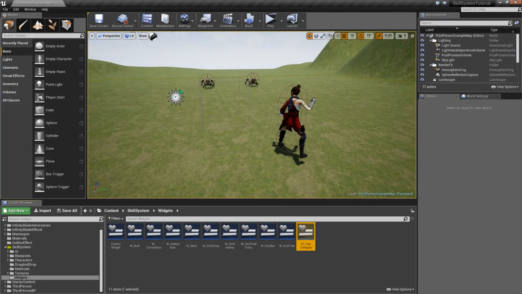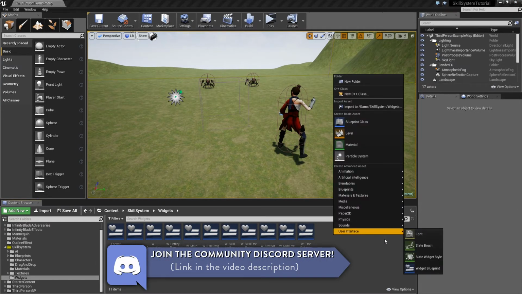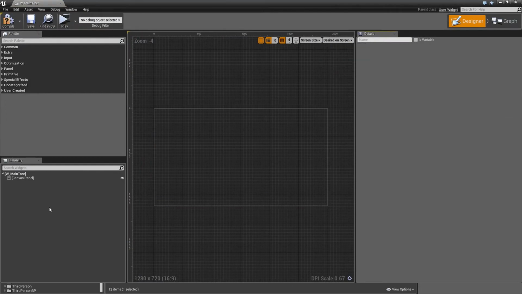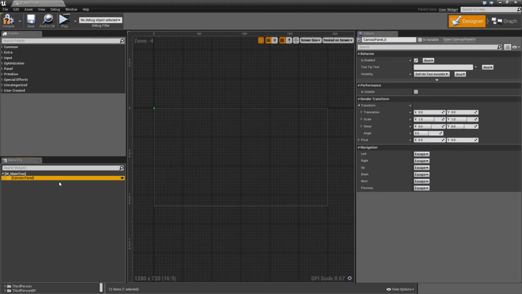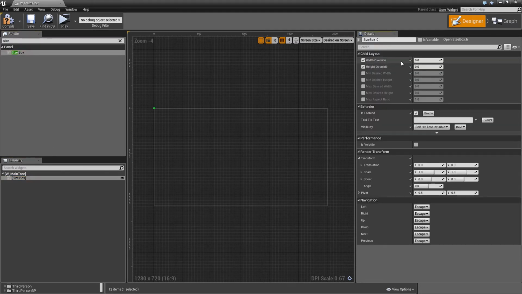Close that. But now we still need the main tree, so let's create another widget blueprint called w_main tree and open that up. Again, desired on screen, remove the canvas panel. We will start with a size box like we always do. Check width and height override and set those to 625 by 928. Then add a canvas